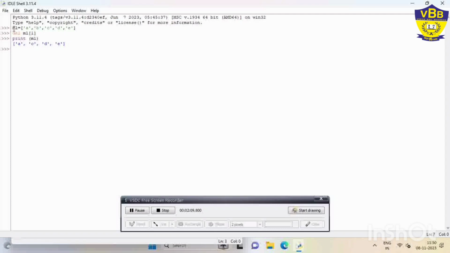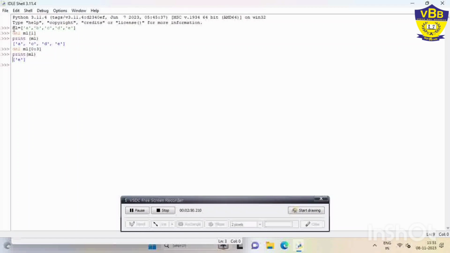Now I am going to tell you how to delete multiple items from a list with the help of a range. Again you need to write the del keyword, and then write the list name along with the list index. I want the value of the first index, and then the second index and third index are going to be deleted. So I will mention here 0:3. It will delete the A, C, and D, right? Let's see. Again you need to print the elements of the list. So again use print ml, and only E is left here.